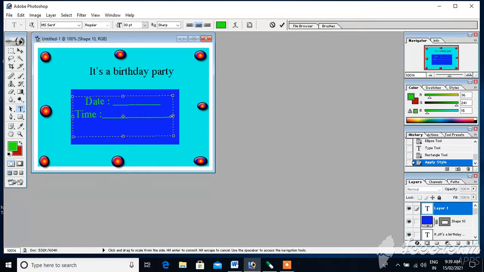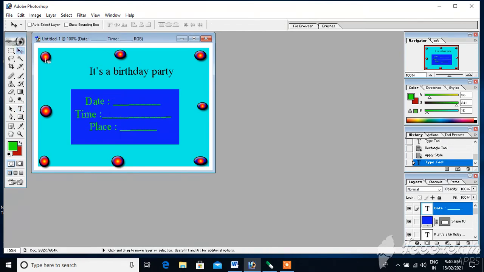Time and place. Okay, so this is your birthday party invitation. Understand? So in this way you can make a simple image in Photoshop.